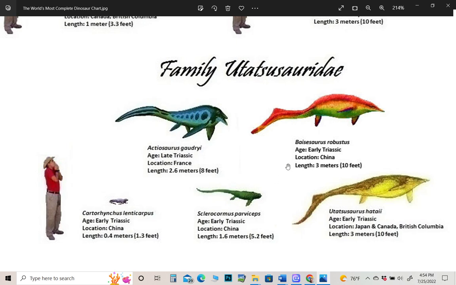Eutatsusaurus. And by the way, my friend Gunter tells me something very interesting about the evolution of ichthyosaurs at this point. Cartarynchus appeared about 4 million years before Eutatsusaurus. And as you can see, it was an evolutionary jump between something that was like a lizard with flippers into something that had a dolphinoid form in only 4 million years, which is very unusual because 4 million years is